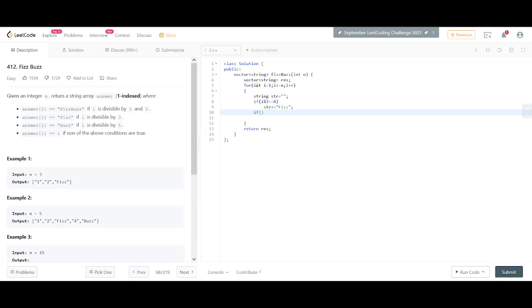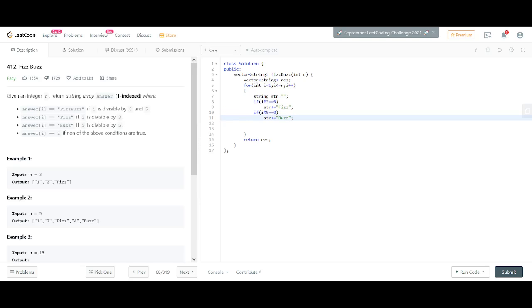If I modulo 5 equal to 0, we add buzz and try to print this, and otherwise the string would be similar as it is. So otherwise,